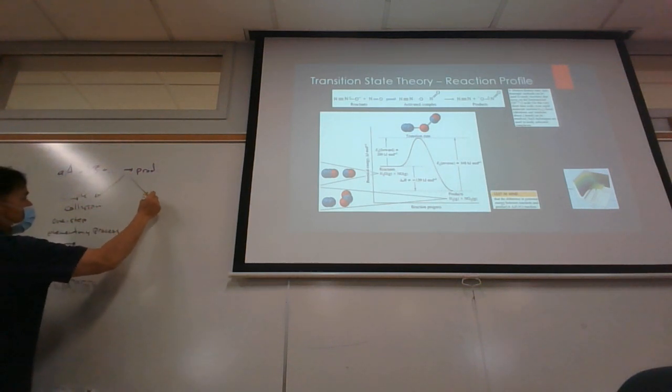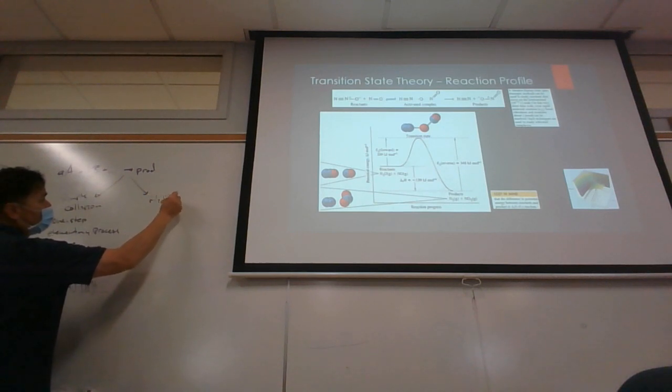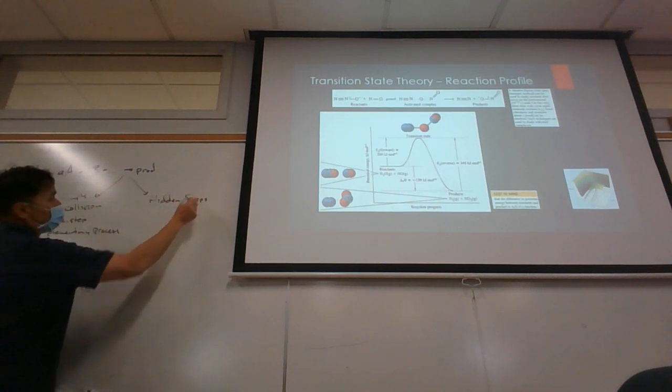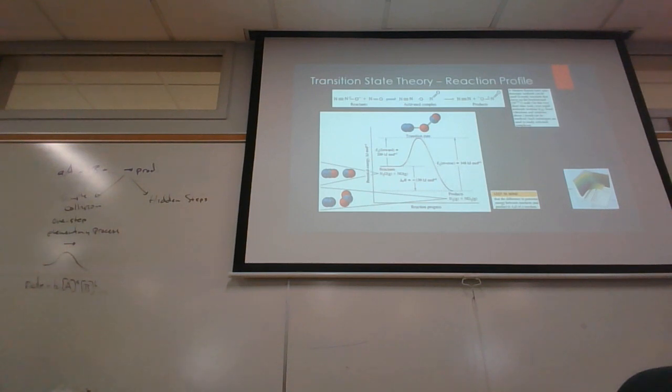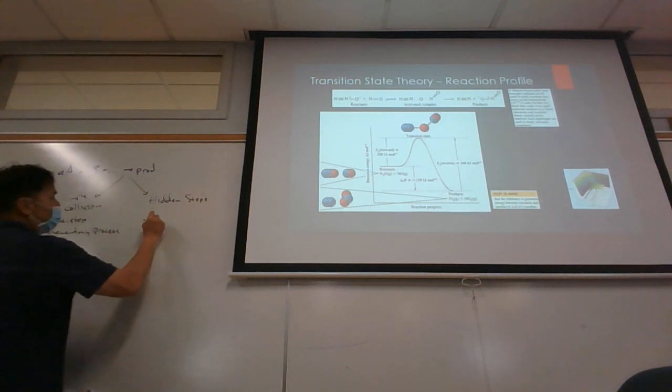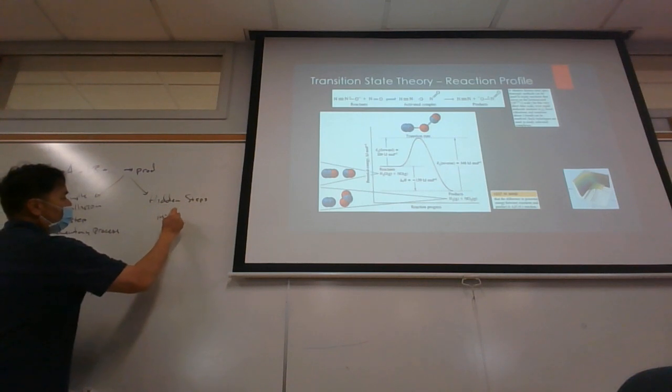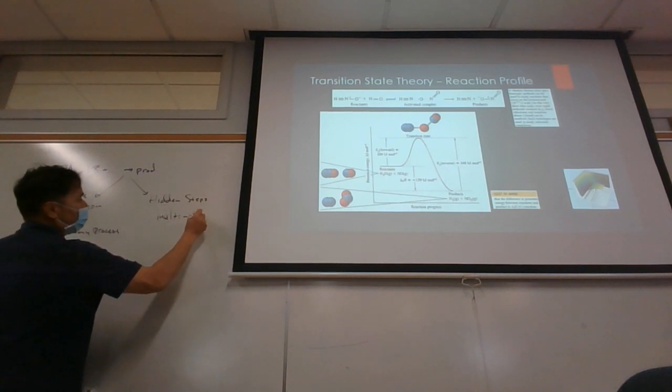The other possibility is that there are hidden steps in here. That is, it doesn't occur as one simple collision, but there are multiple collisions that happen. And in that case, if there are multiple steps, we call this a mechanism,